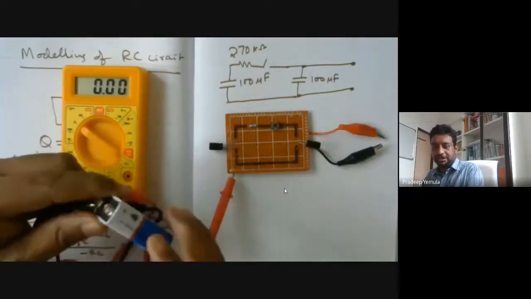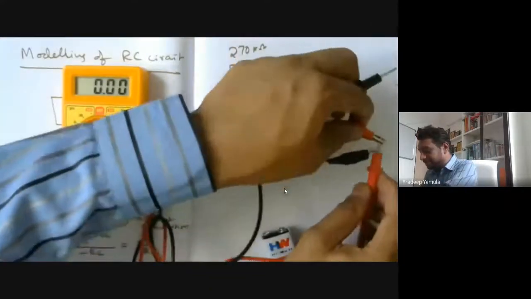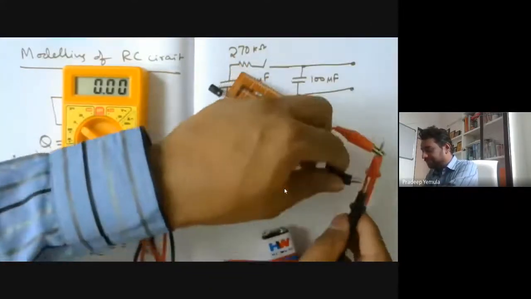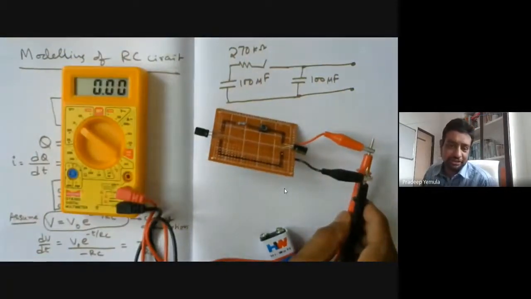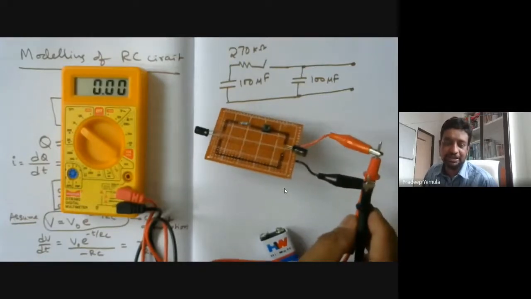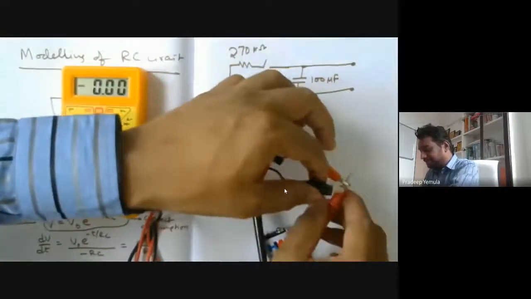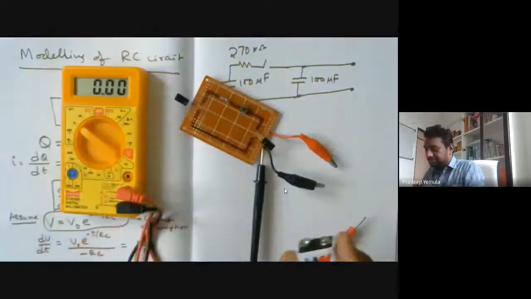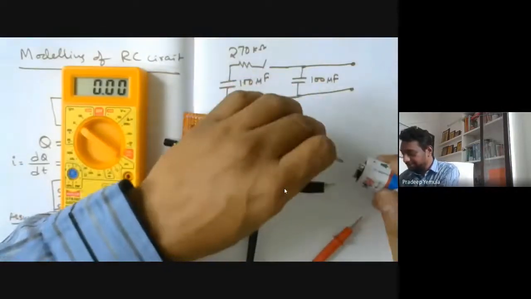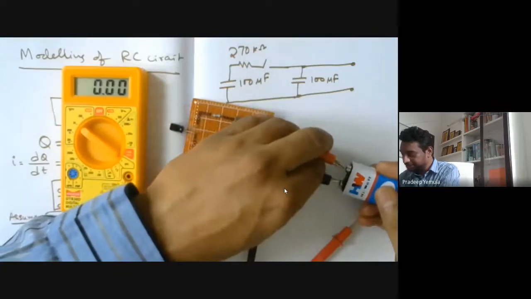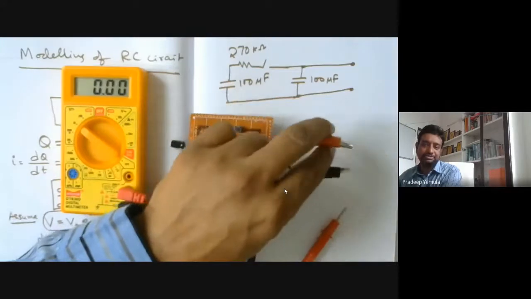Now I want to charge the capacitor. Before charging, let me measure how much voltage it has. I am measuring the voltage of the capacitor. It is showing 0 volts, exactly 0. That means the capacitor is completely uncharged. Now to charge this capacitor, I simply take both the terminals. Make sure that positive goes to positive and negative goes to negative, and no short circuit. I'm just connecting like this, and the capacitor is now charged.